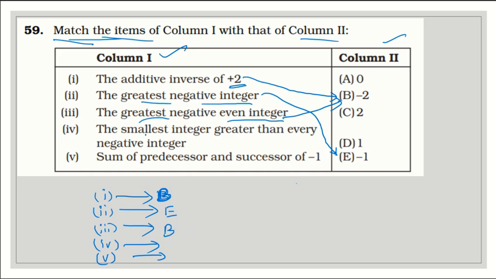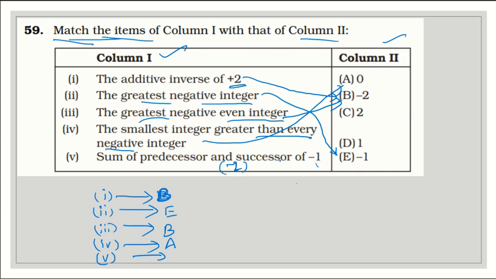Then the fourth one, the smallest integer greater than every negative integer. The smallest integer greater than every negative integer is 0. So the fourth one is A. Next, for the fifth one, the sum of predecessor and successor of minus 1. What is the predecessor of minus 1? We will find it by subtracting 1 from it. So the predecessor of minus 1 is minus 2,